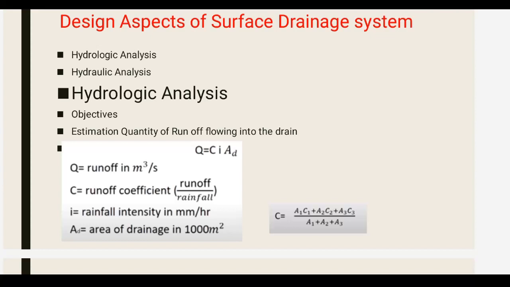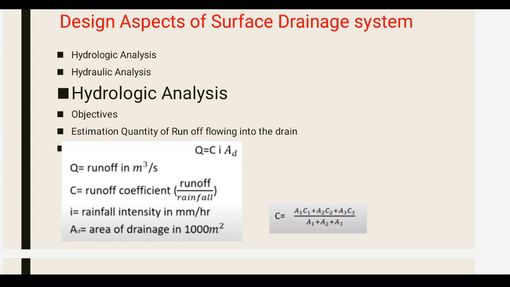it is not possible to have a single type of area or cross drainage slope, sorry, natural profile, right? So there may be some area with vegetation, in some area there may be a lot of slope. So we are dividing the entire area into A1, A2, A3, and like that. And similarly the coefficients we have discussed, C1, C2, C3 for those particular areas,